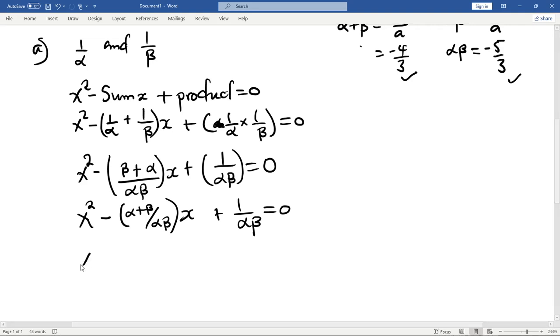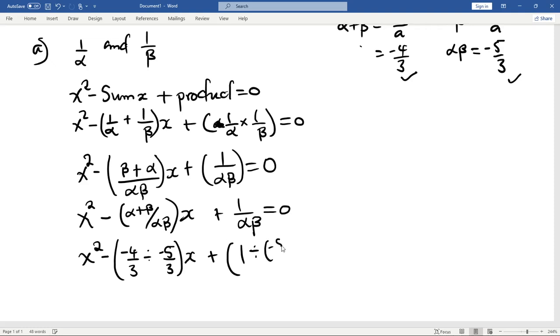So meaning that here we're going to have x squared minus, open brackets, negative 4 over 3 divided by negative 5 over 3 here. Then we have x plus 1 divided by negative 5 over 3 equal to 0 here. Then when we change this division symbol into multiplication, we're going to have x squared minus negative 4 over 3 multiplied by negative 5 over 3, or negative 3 over 5,